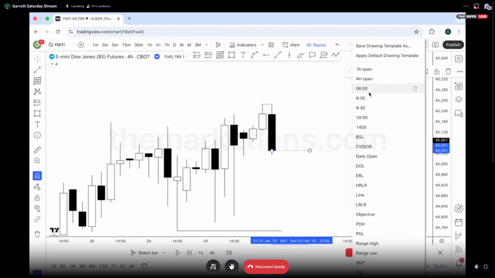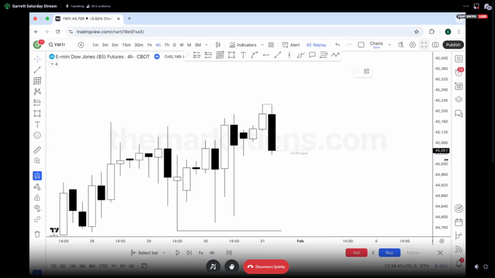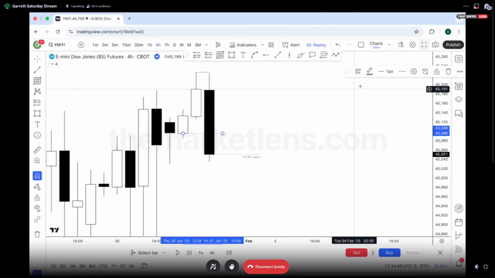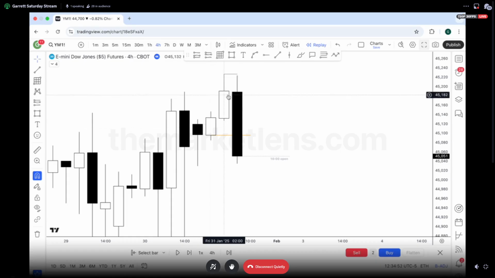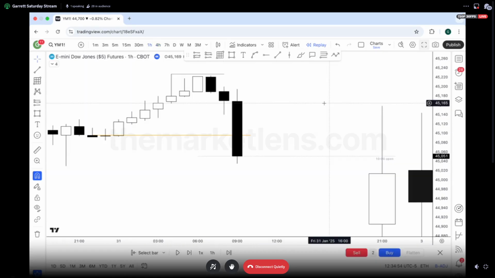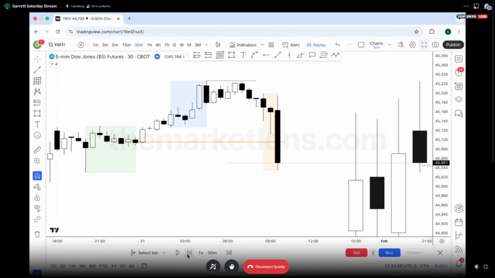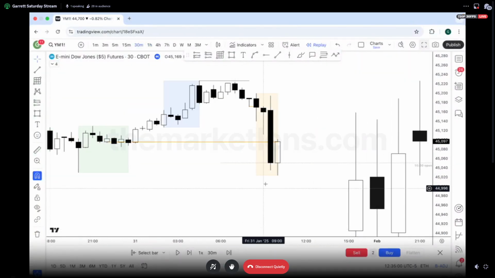These lows. So all you're going to wait for is a PD array within this candle, right? The lower half of that, you have this as well as a key level. It's the opening price of this order block here. If I go to the 1 hour chart, there's nothing. If I go to the 30-minute, there's nothing yet. We play one candle, and now we have a potential fair value gap,